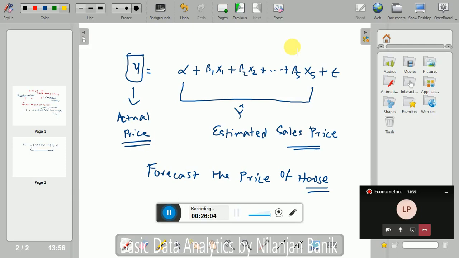That's why I asked you to read the first 2 chapters. You will see that a better forecast means the difference between y and y hat is minimum. The more the difference, the less the robustness of our model. Okay, so in this case, what is the objective? The objective is to minimize.